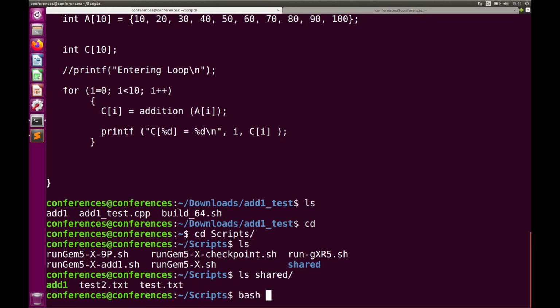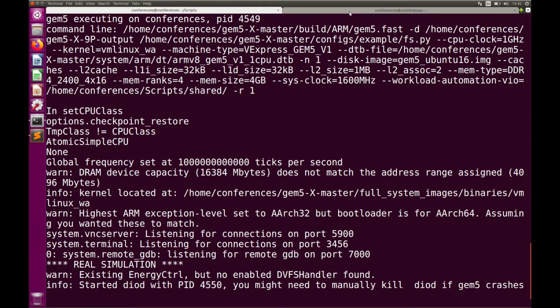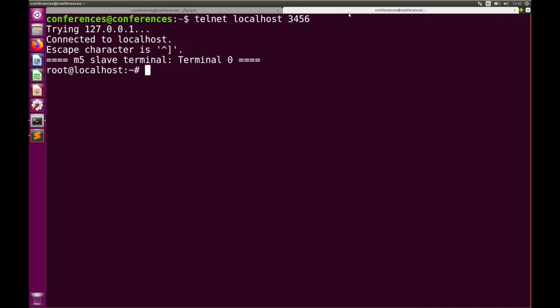So to get started with this, I will do the run gem5-X add1.sh, which you can see in the command line is the same as the 9p over Virtio demo script, except I add this restore the first checkpoint variable. Now keep in mind I already copied over the custom instruction files, I already recompiled gem5, so this is running with the custom instruction right now. And then to actually run the demo program, I will do telnet localhost 3456,